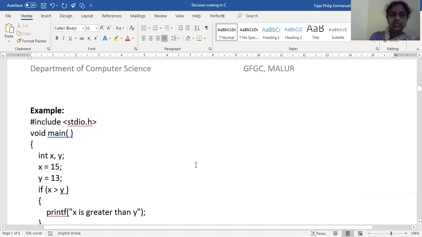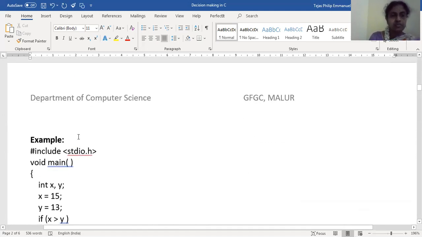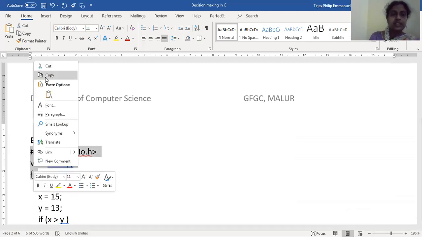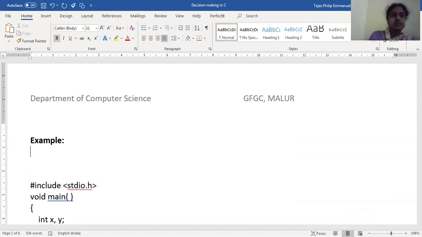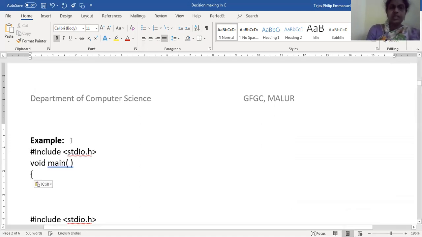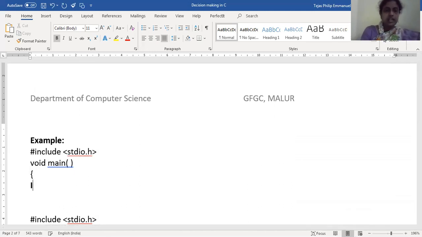We will see one simple example for this. Before that, we will see one more example, and then I will show you this example also. I think all of you know these two statements by this time, and you would have understood their purpose. I am giving int age equals 30, directly.